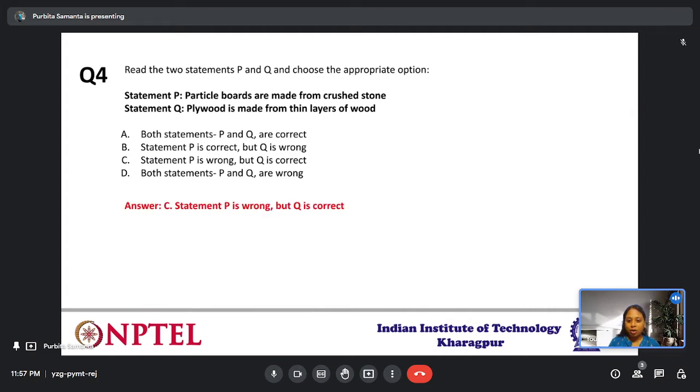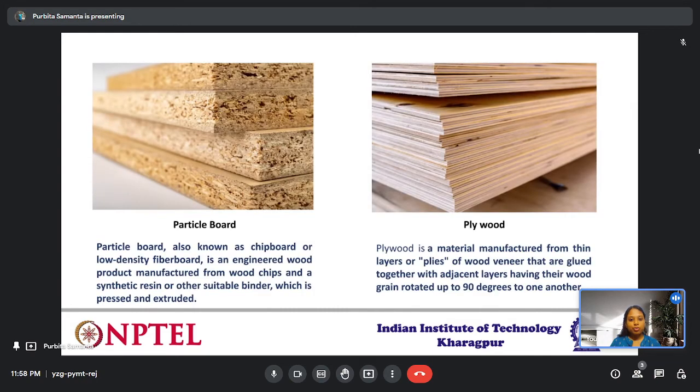Statement P is wrong, but Q is correct, because particle boards are not made from crushed stone, whereas plywood is made from thin layers of wood. So let's see what these particle boards are. Particle boards are also known as chipboards, or the low density fiber board, and it's a type of engineered wood product which is basically manufactured with the help of wood chips,